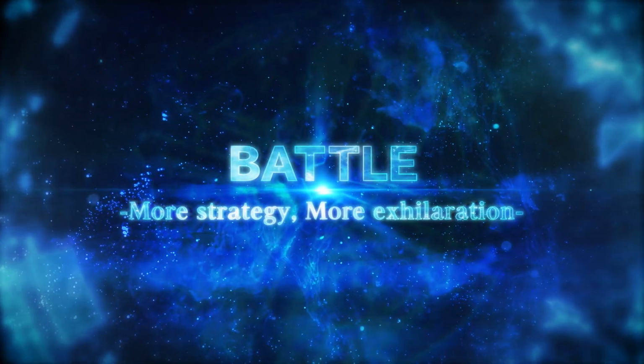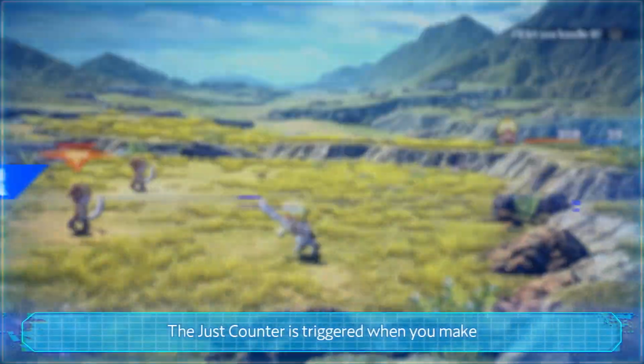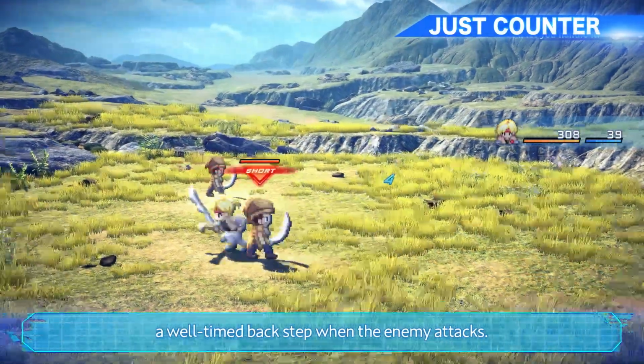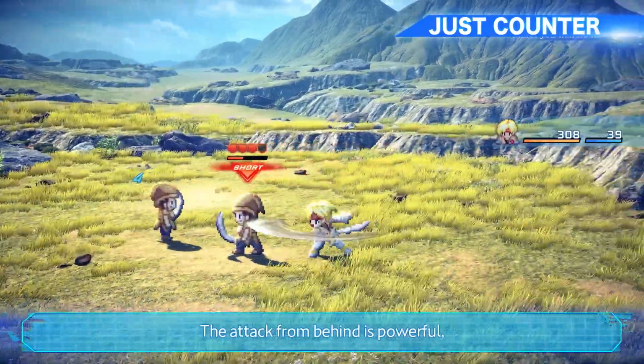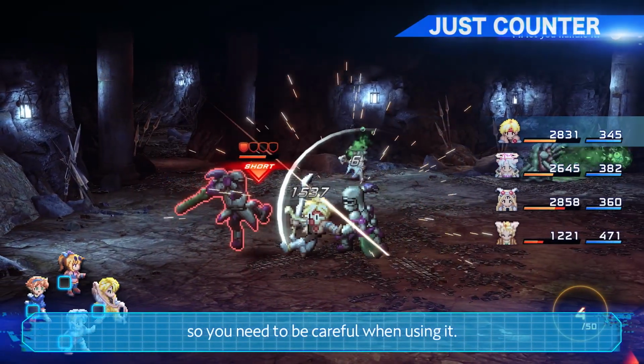Make battles more strategic and more exhilarating. The just counter is triggered when you make a well-timed back step when the enemy attacks. It lets you instantly get behind the enemy and attack. At the same time, MP is recovered. The attack from behind is powerful, but it won't make you invincible after the move, so you need to be